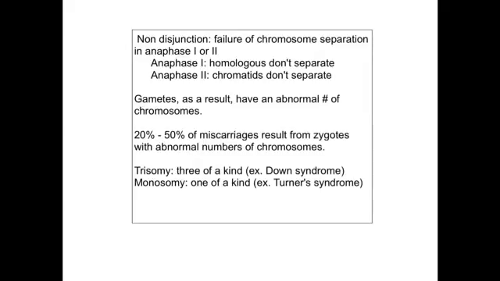As a result of this, the gametes that are produced in meiosis will have an abnormal number of chromosomes, either more or fewer than they're supposed to. Normally, a zygote or a fertilized egg that has a nondisjunction event very often will not become a baby. It's just what we consider not compatible with life. And that's why you can see here that 20 to 50% of miscarriages that people have are because of this